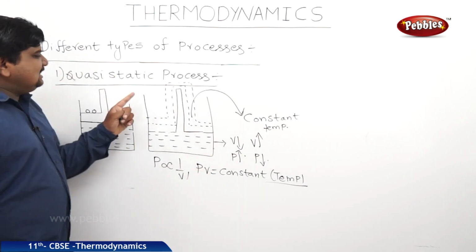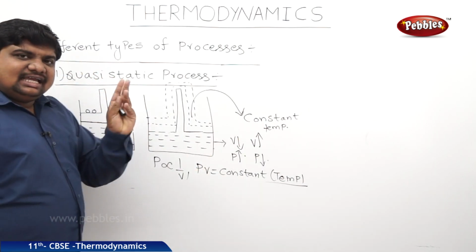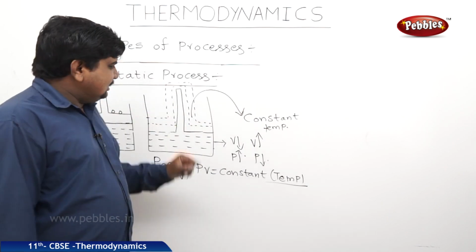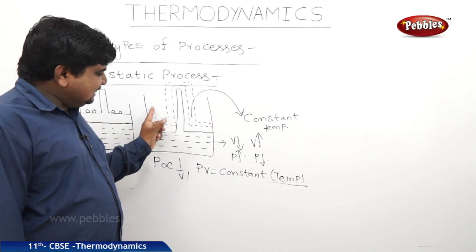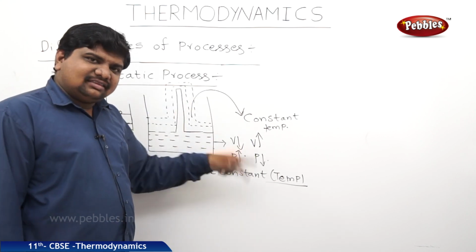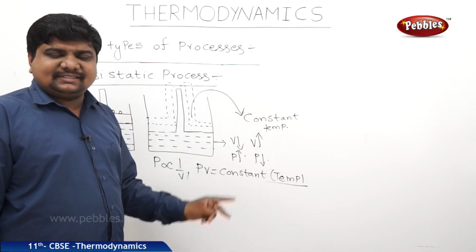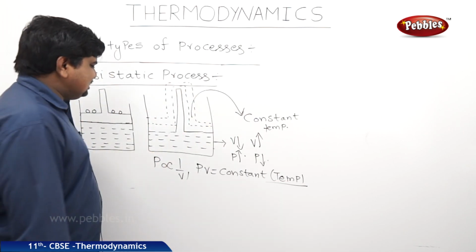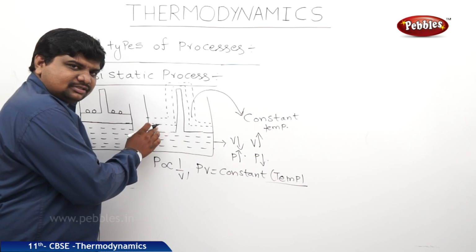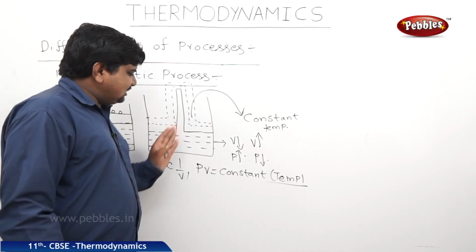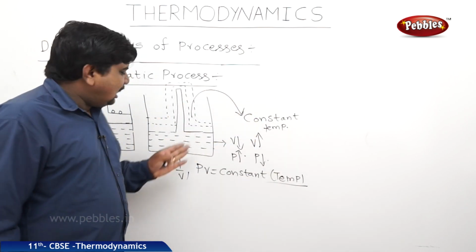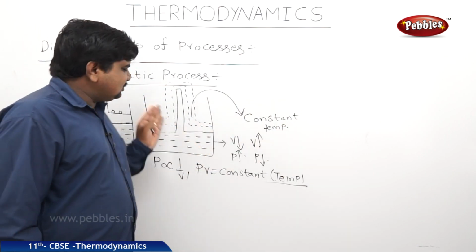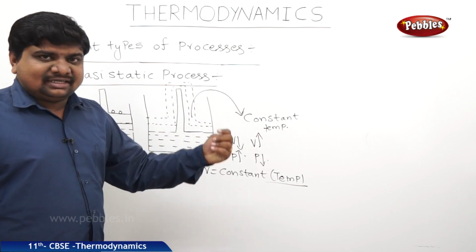So what we can state as the definition is, it is such a slow type of thermodynamic process where the system is in mechanical and thermal equilibrium with surroundings at every intermediate stage. Intermediate stage means after the removal of one force, that is one stage. What is the pressure and volume, and the temperature? After removal of the second force, what is the pressure and volume with temperature? Like this we should find out. That is called an intermediate stage.